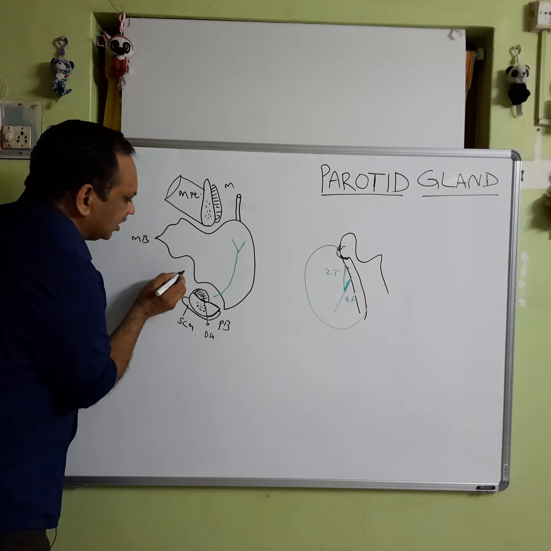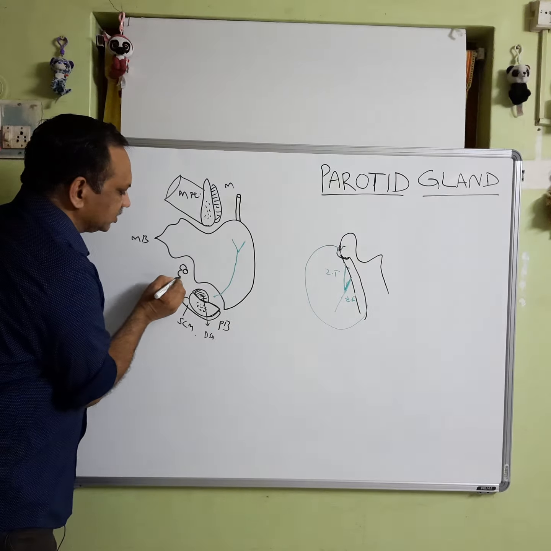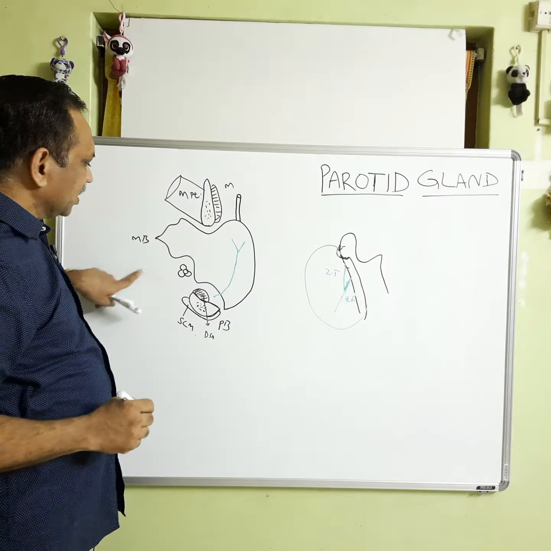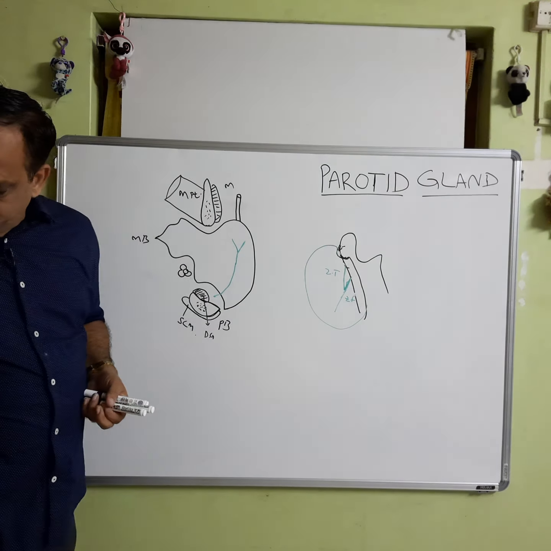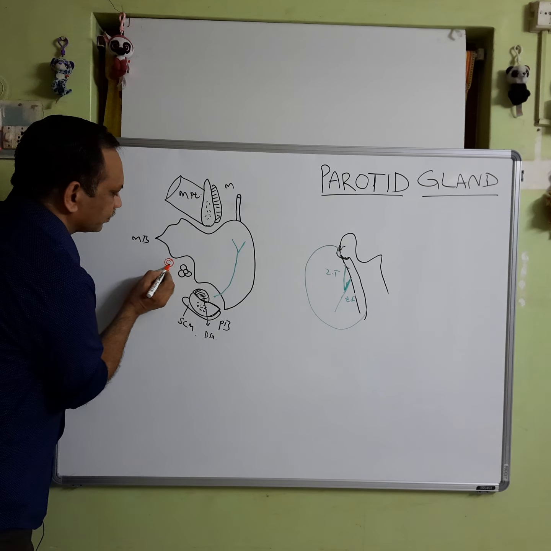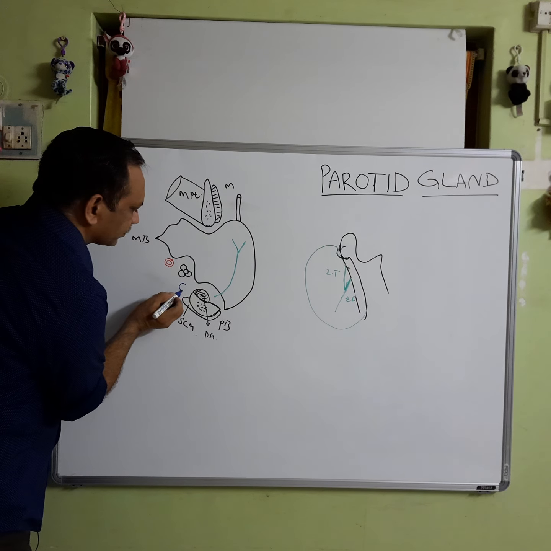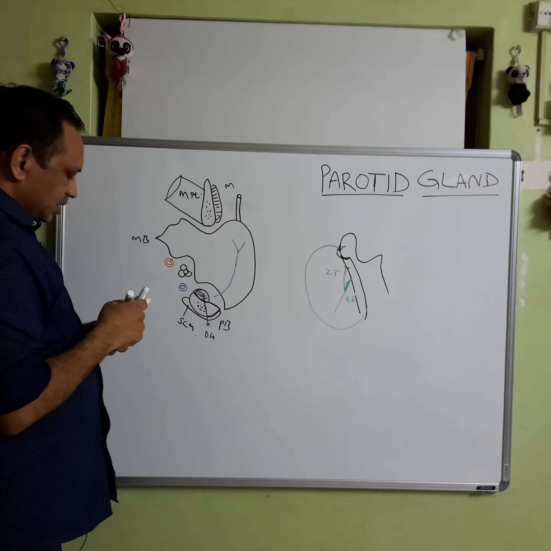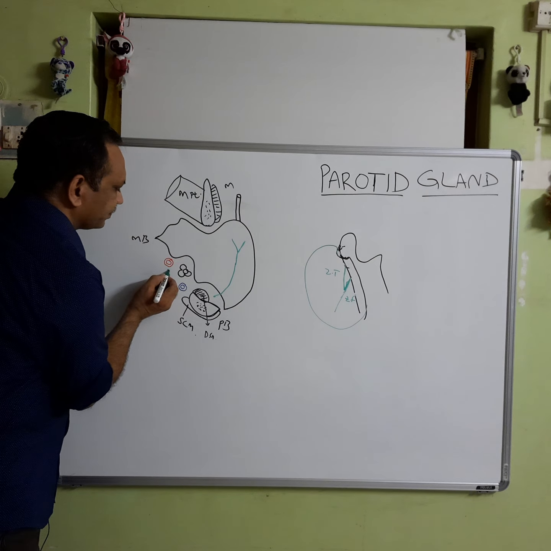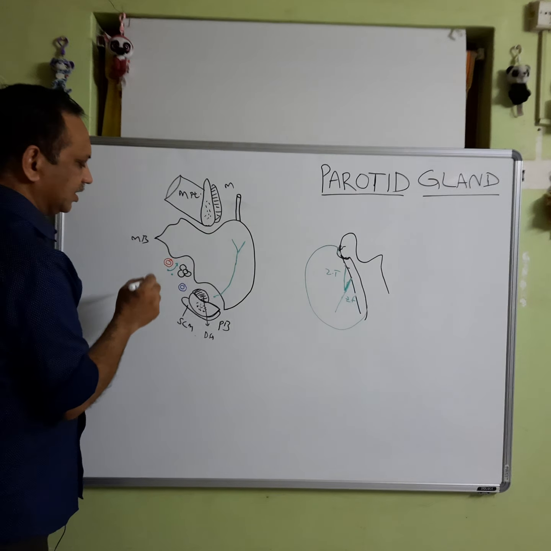It is called the styloid apparatus here. So, the styloid process is there and the muscles attached to it. So, these are present in this region. Then I already told you the internal carotid artery is present here and the internal jugular vein is present here. The last four cranial nerves are related to this here. So, this is the 9th nerve going like this. This is the 10th nerve going down in the carotid sheath.